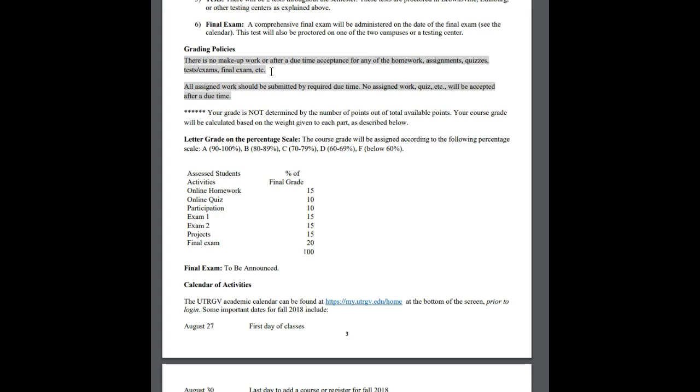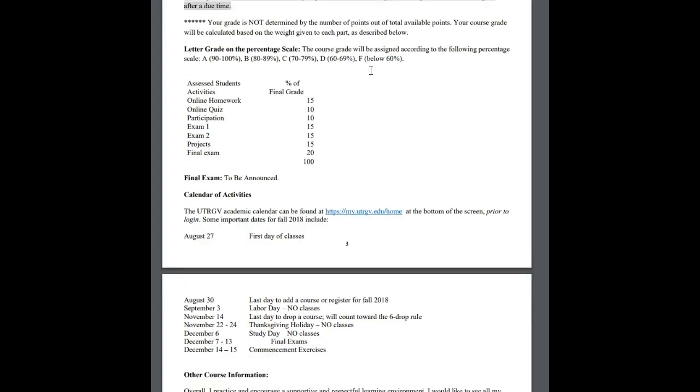I'm not going to allow it to happen more than once, so it's not going to be every time there is an assignment that you miss it and then tell me, oh, I missed it, open it again. But I do understand that sometimes there are circumstances where you need extra time to complete something, so please be in contact with me.